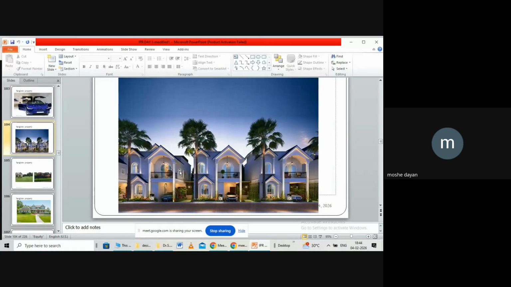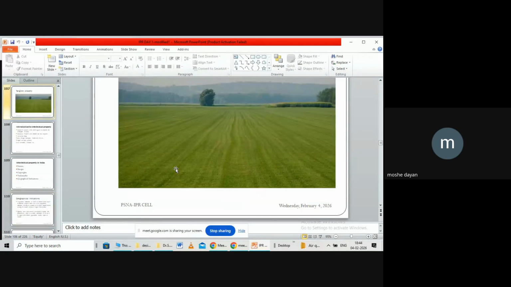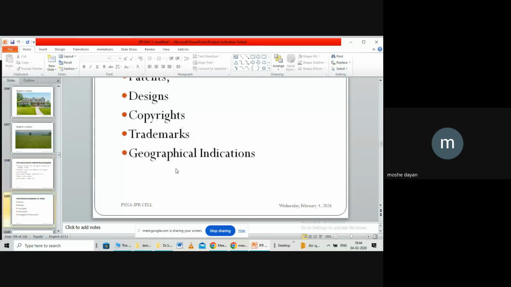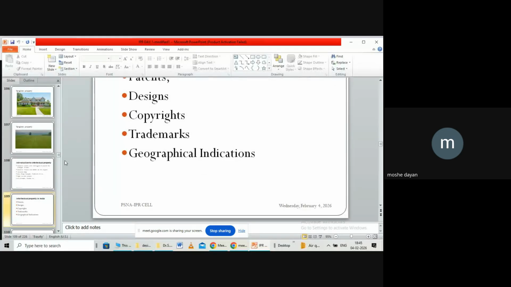Just as we protect our property, whether it is land, a car, or a farm like this, we go for protection. These are tangible assets. What is more interesting is the intangible asset. An intangible asset is a new innovation which sparkles in your brain, the new design you make, the new poem you write, the copyright, the new brand of business which you begin, and the new geographical indication which you identify in your locality, for which you need protection.